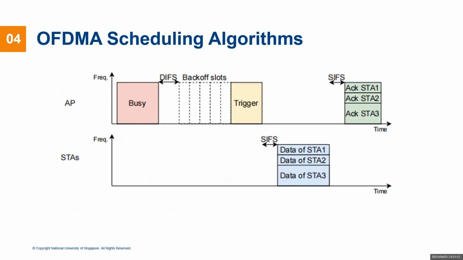Finally, let's return to the topic of the channel access mechanisms. In Wi-Fi 6, a very key technology, orthogonal frequency division multiple access, OFDMA, has been introduced, which brings a huge enhancement to the wireless communication system. These two diagrams show the channel access mechanism for Wi-Fi 5 and Wi-Fi 6 respectively. The addition of OFDMA makes Wi-Fi more suitable for those scenarios with higher requirements for higher reliability and low latency,